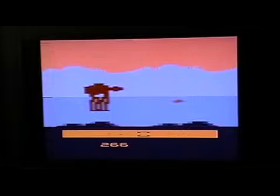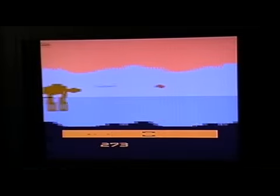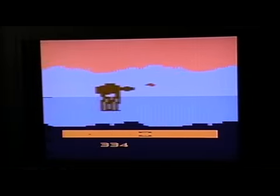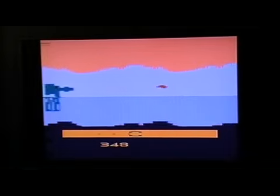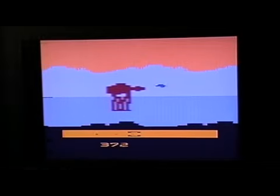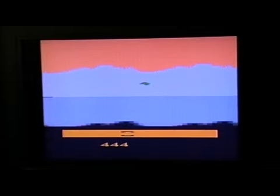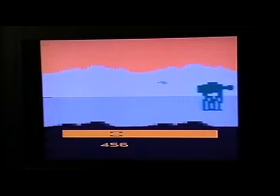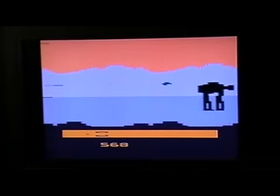Now, as you can see on screen, you don't have a tow cable or anything like that, but you do have an extraordinarily rapid fire on the ship, which means you can destroy these walkers pretty quickly. You may notice a little flashing dot on the walkers, and right now I have the Force. When you play for about 2 or so minutes without dying, the Force is with you and you become invulnerable for about 30 seconds, which is pretty helpful because you can usually destroy at least 2 or 3 walkers by the time